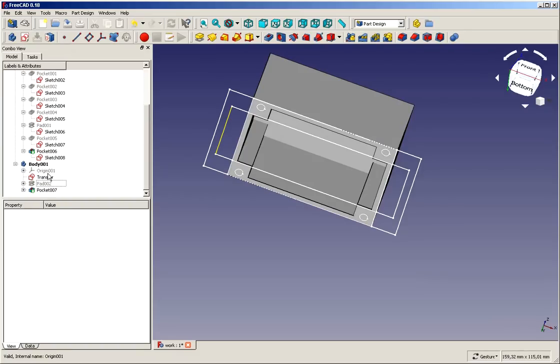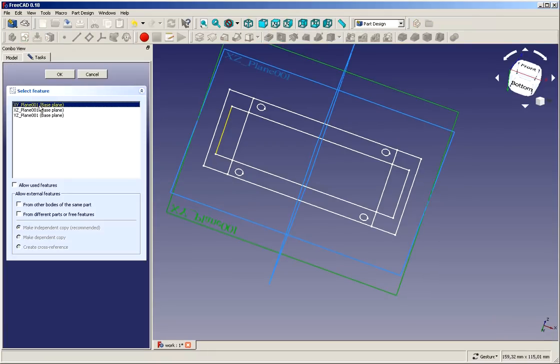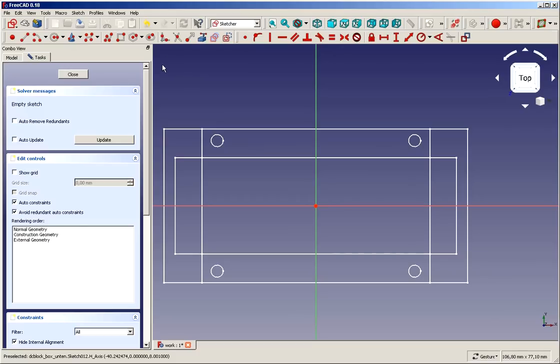Good. So next thing, switch that one off again. We need a couple of holes. Create a new sketch, XY plane, OK. We need holes. So there's several possibilities. Let's just take the reference hole,